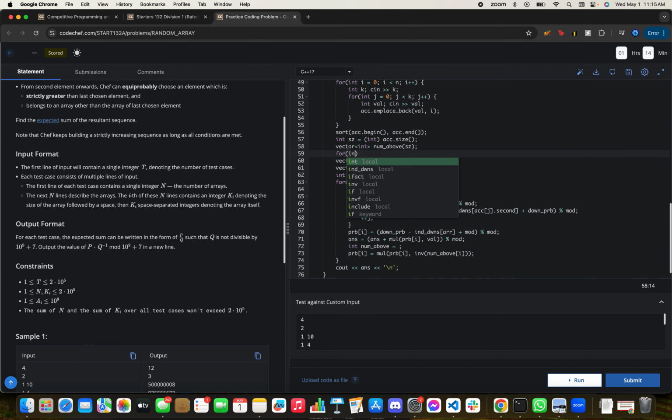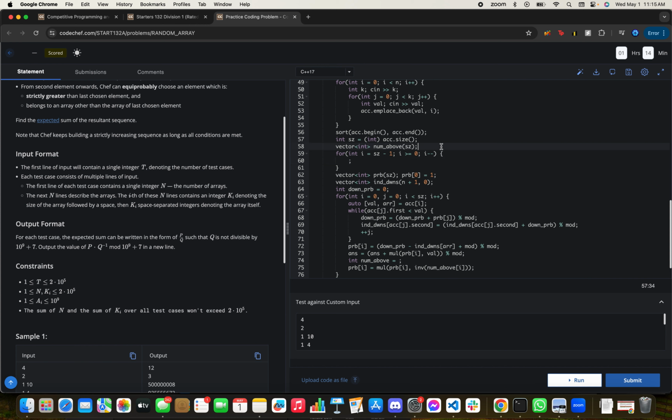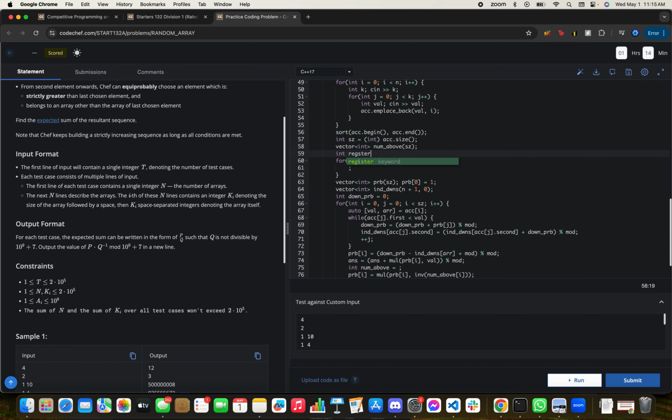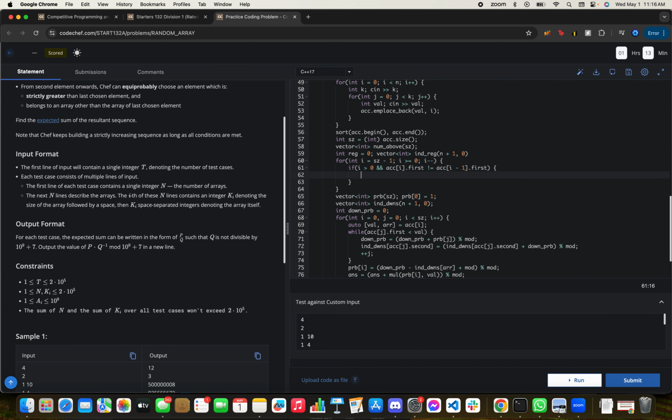And the way they should be computed is just like, alright, so int register. Alright. So if I is greater and I guess ac I dot, yeah, so it's just like, that means